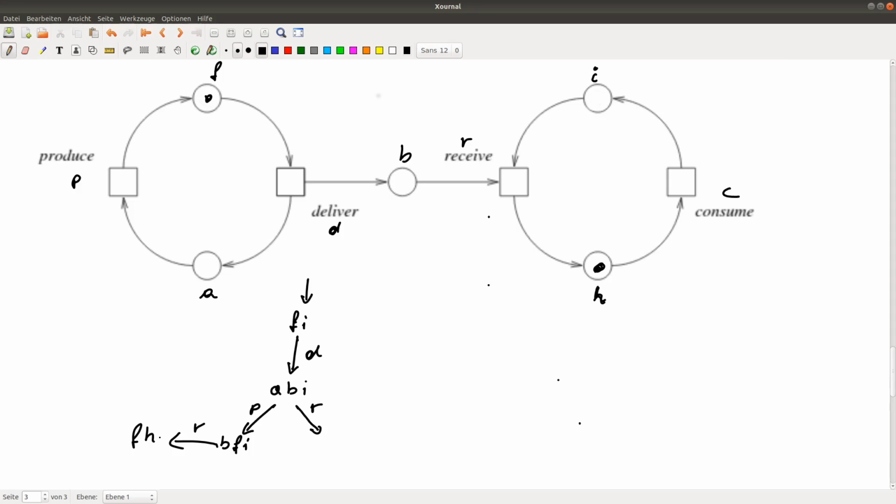If we are in FH, what can we do? We can do a D, because the precondition of D is satisfied and A and B are empty. Or we can do a C here, because H is true, which is the precondition of C, and I is empty. Okay, what do we do now? Let's say we do the D,